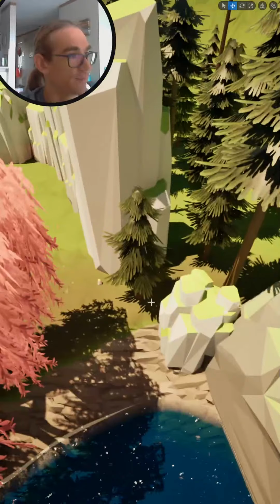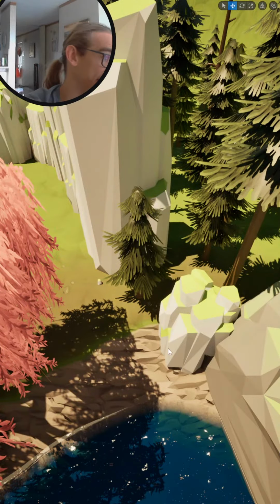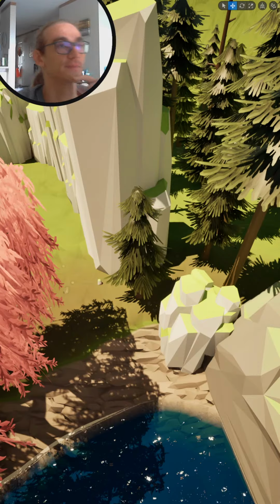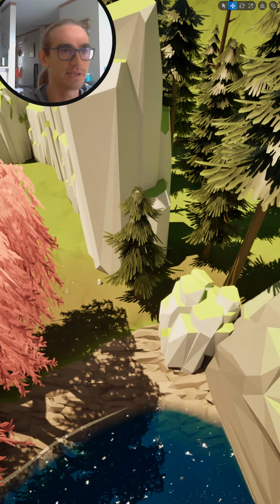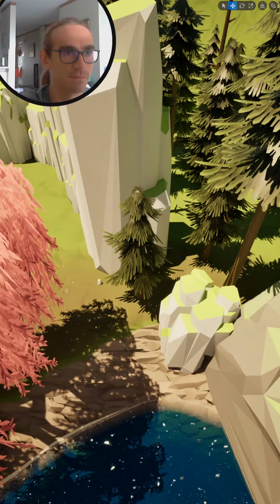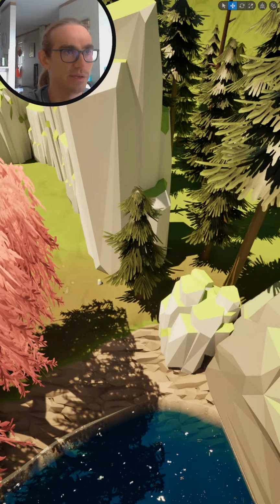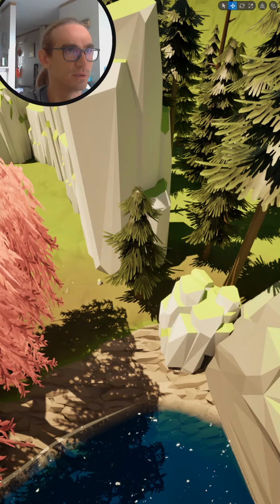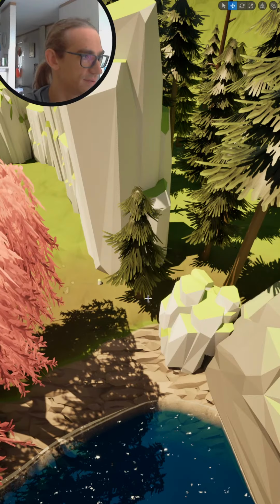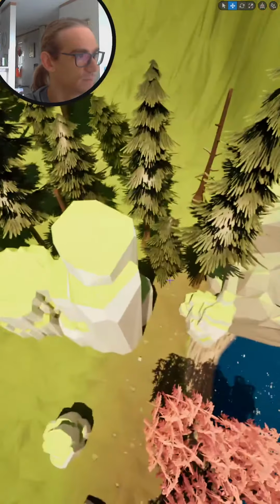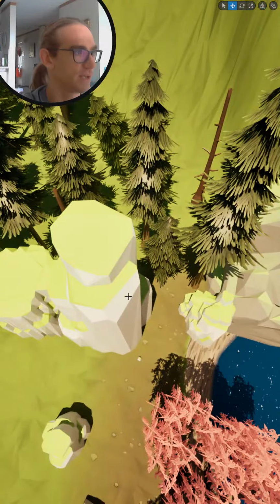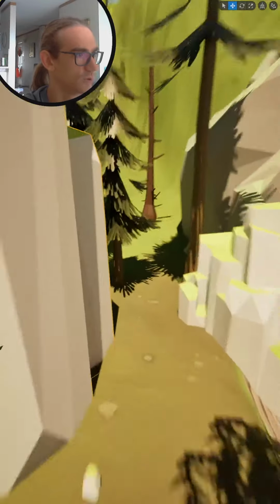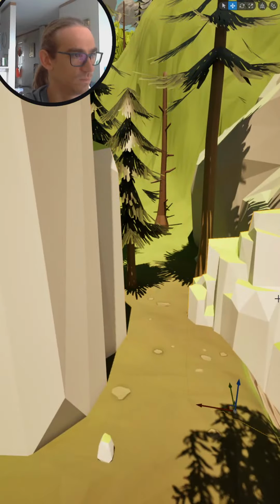Okay. And sometimes I go to landscape and I select not landscape but foliage, and I select all the foliage, click on check, and then I go erase, and then I erase the ones that I don't need, like this one, and then I go back to selection, and here